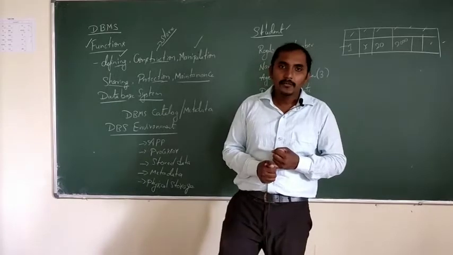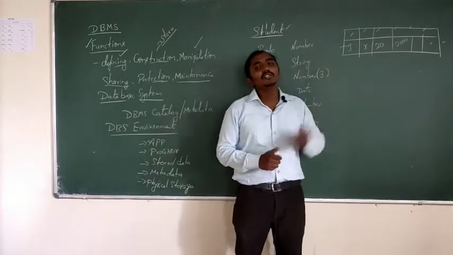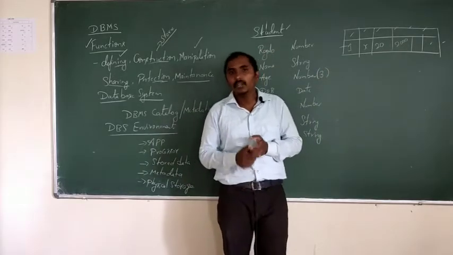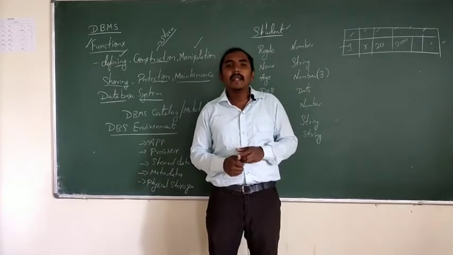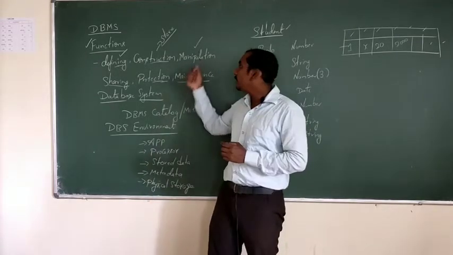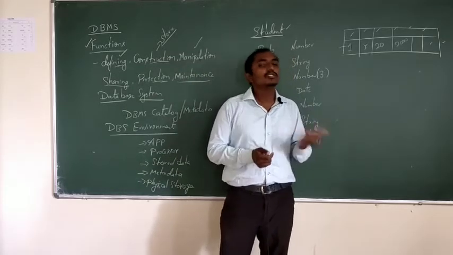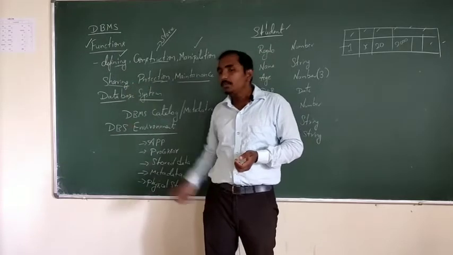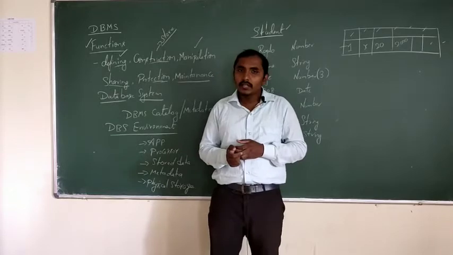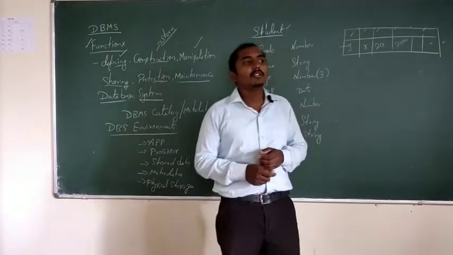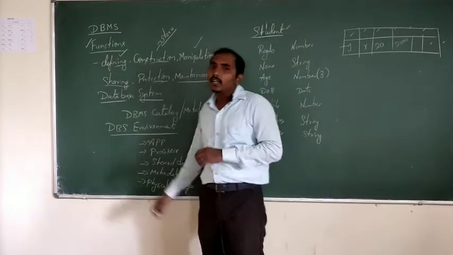So we need to define and construct. We need to specifically mention what the attributes of a particular object are, and then construct it, we will store the data, and the data will be added into that particular definition. And again manipulation: we should be able to make changes to the data or to the structure, we should be able to share that data, and we should provide protection to that data, as well as maintenance for whatever is stored, right? Again, that is about the functions of a database management system.